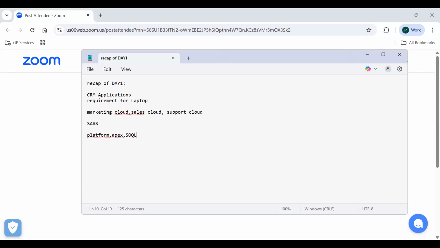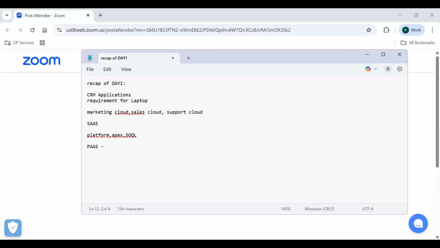Using the Salesforce platform, Apex and SOQL, people can build their own software, place it in the AppExchange, sell it to a few clients, and make revenue. Any company providing a platform where we can build our own softwares, do the marketing and generate revenue, we call that a PaaS. PaaS is nothing but platform as a service.